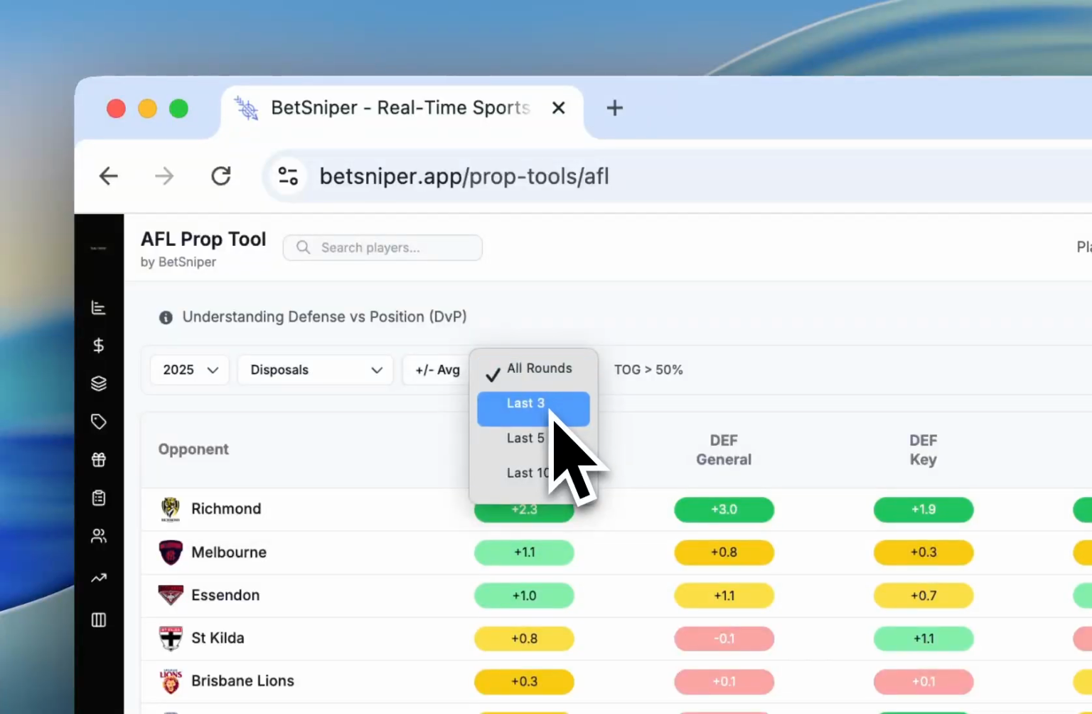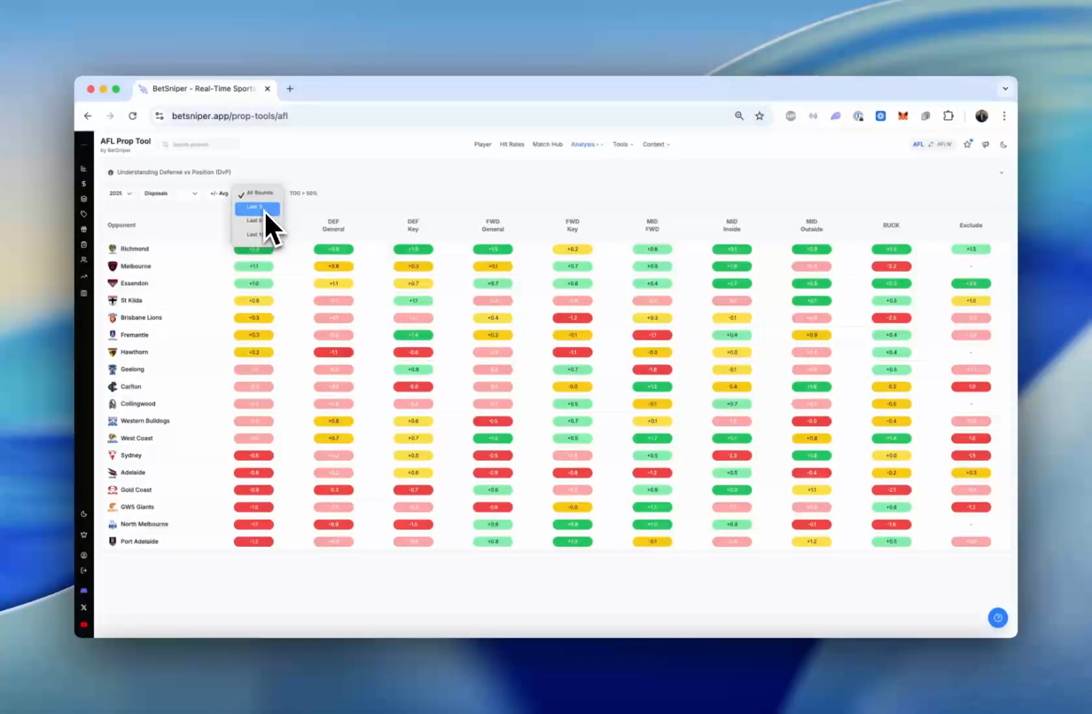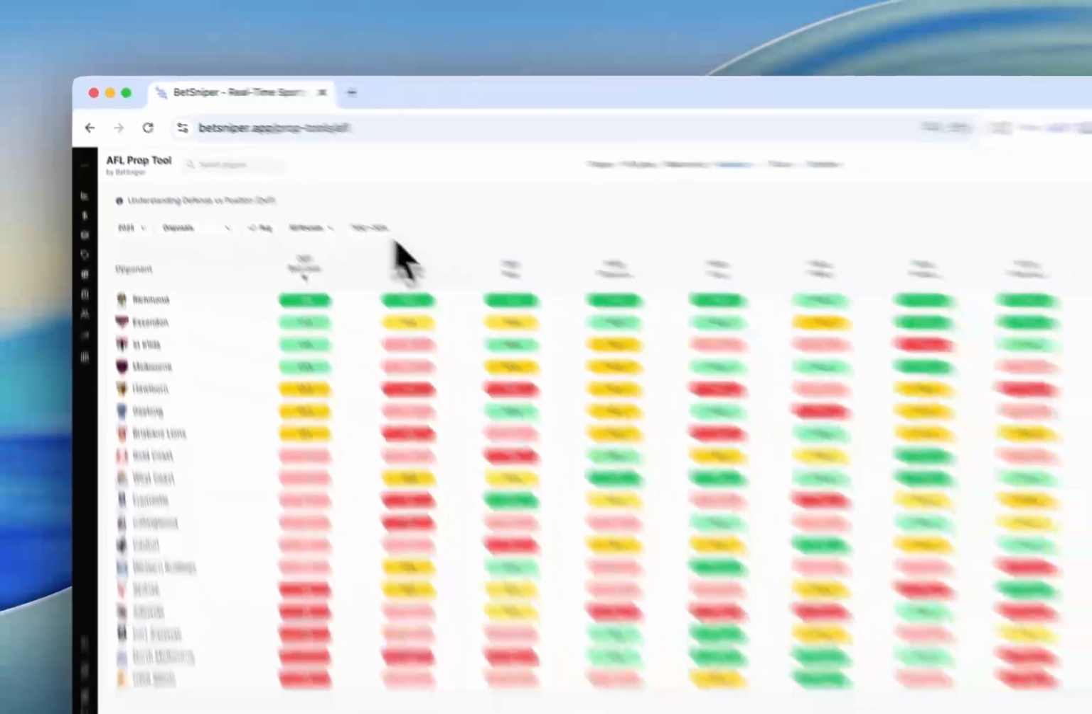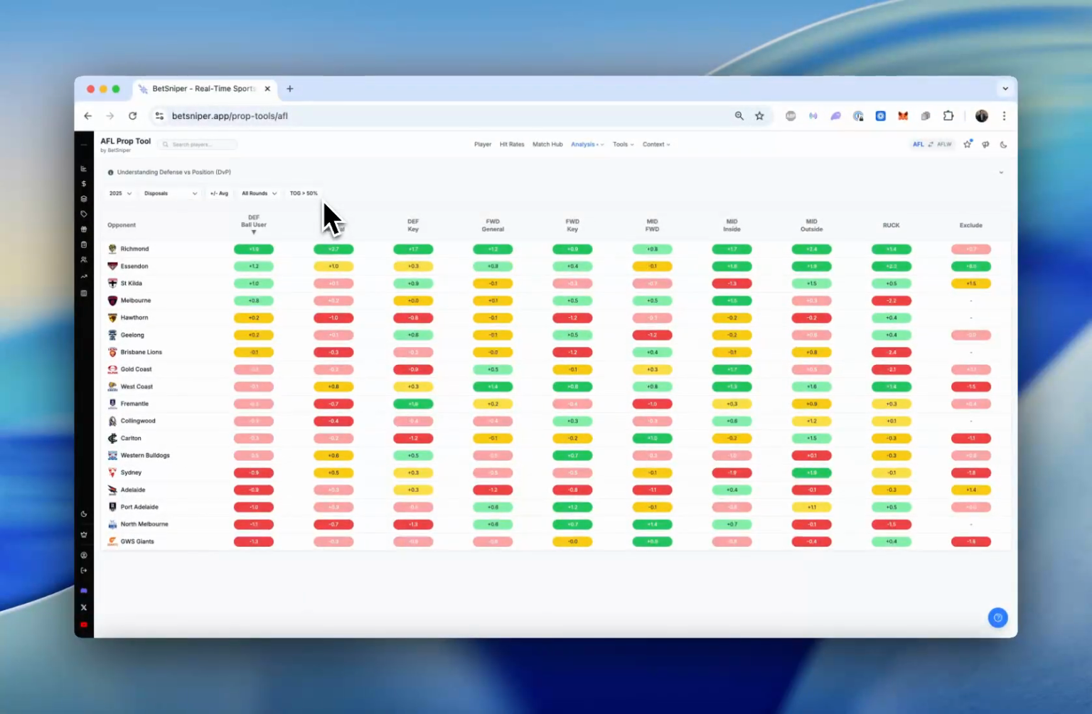If you want to look at a more recent DVP, which can be quite useful because definitely throughout the year, teams do go on trends. Certain teams were really loose at giving up possessions to a certain position at the start of the year, and that might change throughout the year. And again, you can add this 50% TOG filter to remove players who you don't want to include in the